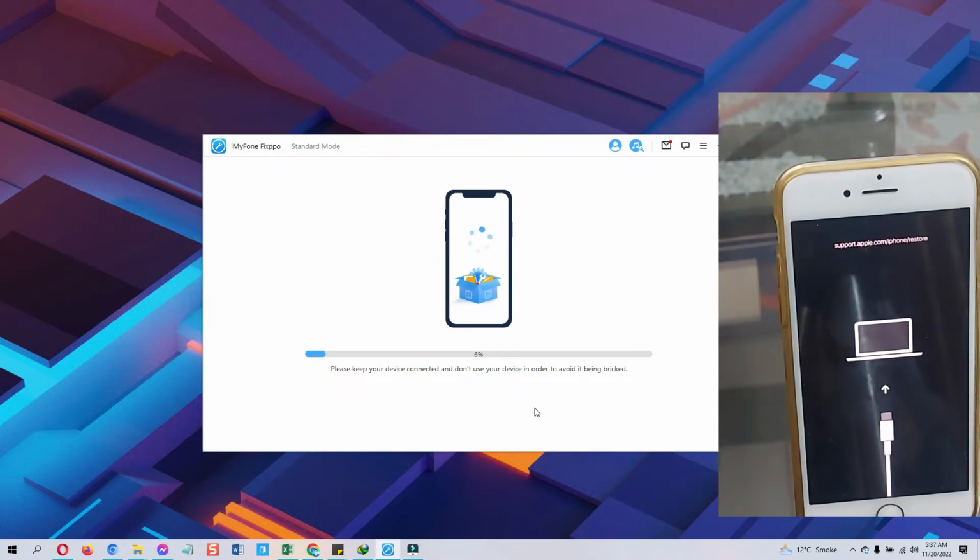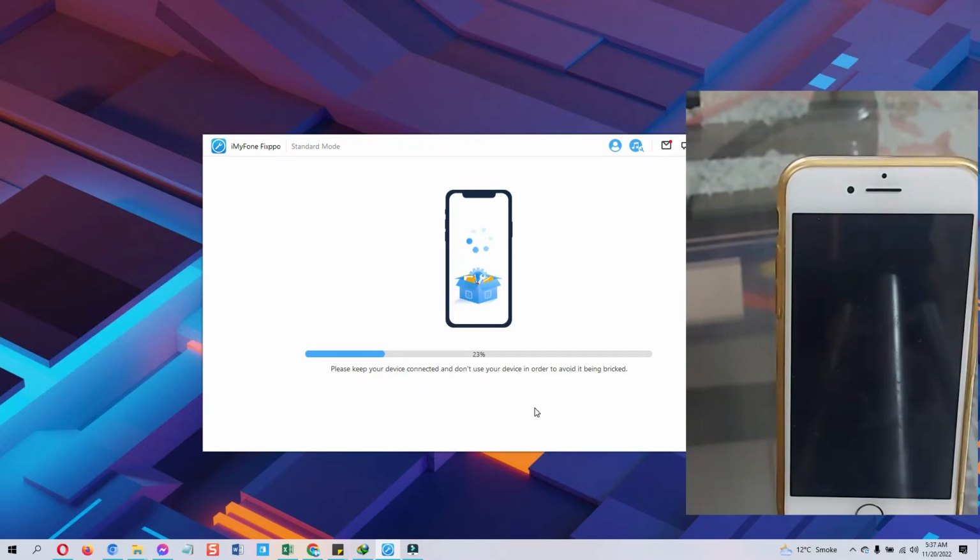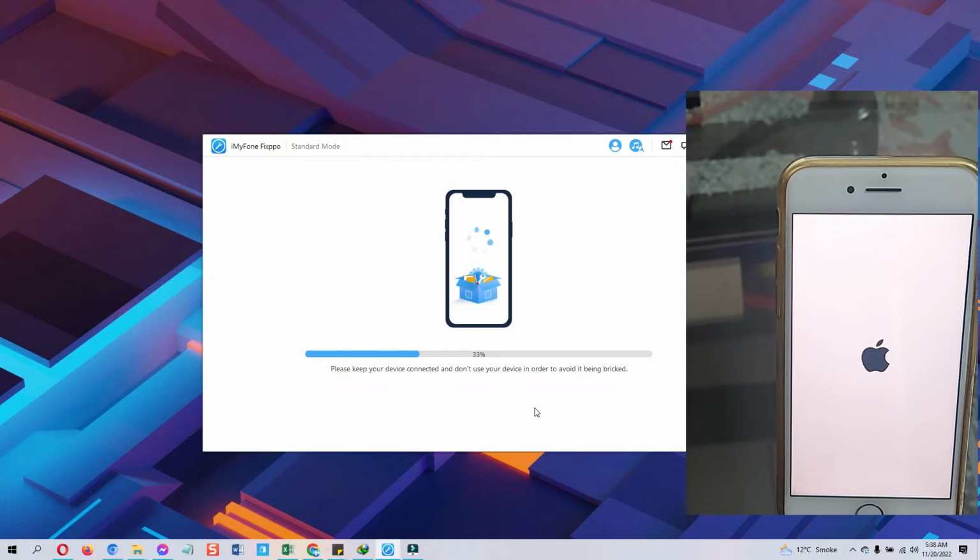Now just be patient and wait for it to complete. Just in case you notice that the software is stuck, don't do anything. Be patient. It will go further. But just in case you see any error, then you can try again using the advanced mode. By far the half of the process is done.